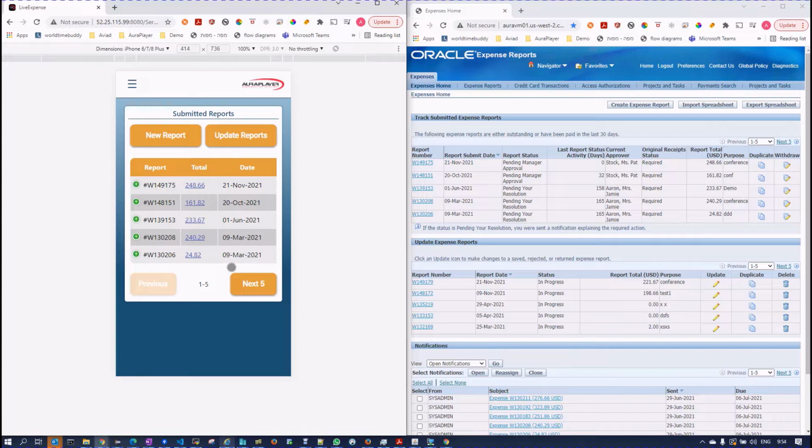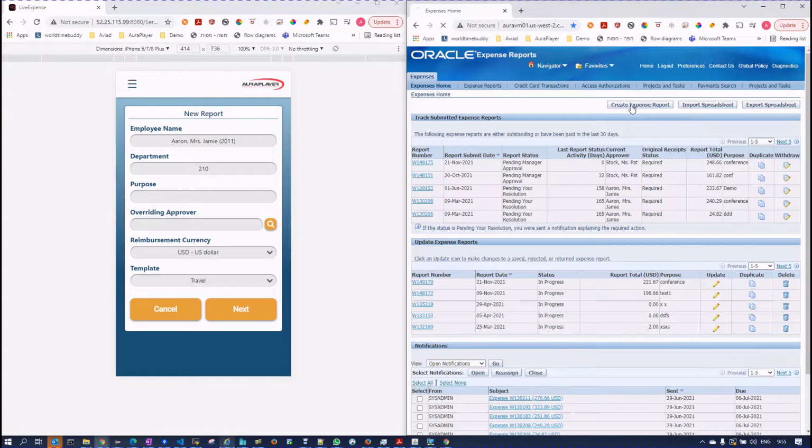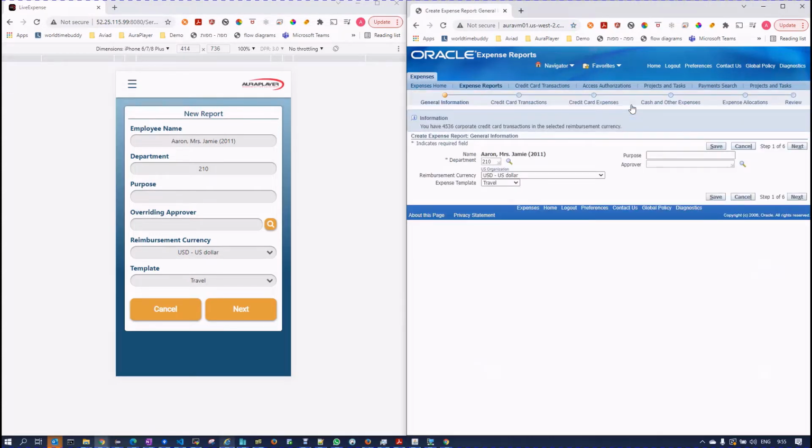And let's demo the basic flow of adding a new expense report. To do that, we will just press the new report button, which is exactly like pressing here the create expense report button. And we will start with the same flow that we have on the EBS system. We will get to the first general page of creating a new expense report. Any data that is already populated on this screen as default values will also be populated on our template application. So we can see here the employee name, the department, and so on. And all the other fields we would need to fill in like we need to do it on the EBS